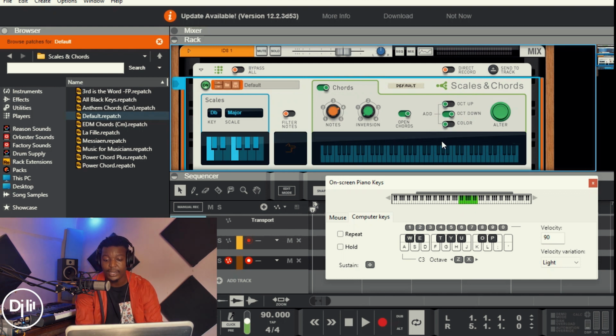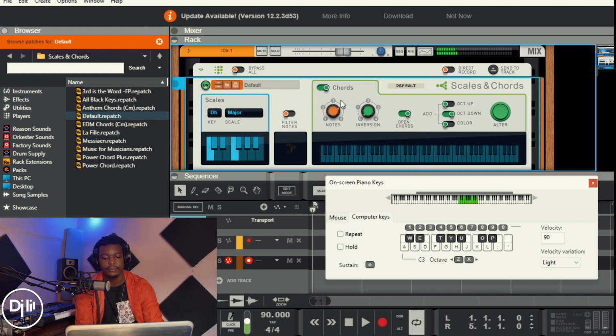So let's see what color does. I add color there. You see, it's a whole bunch of chords. Well, say I put it back to 3 notes, and then I play. You see, that color button is still there. Okay, let me remove the color and play. You see? So, as we said, keep it on 4, and then